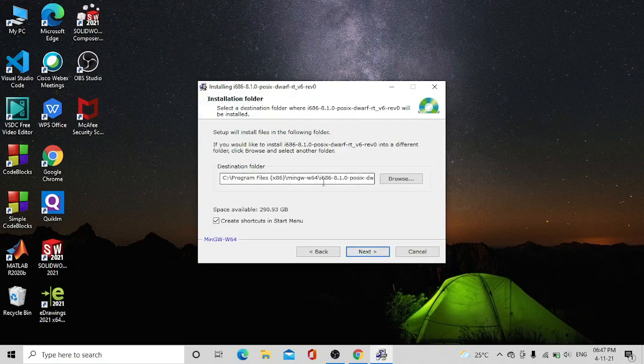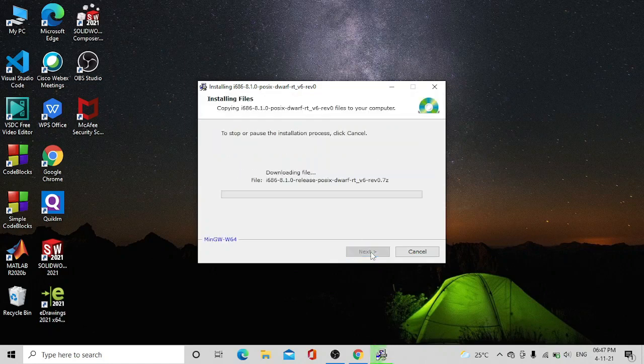Actually this is the location where this MinGW will be installed in your PC. So click on next. So actually this process, depending on your computer features and speed, will take time, so you don't need to worry. Basically it takes around 10 to 15 minutes.